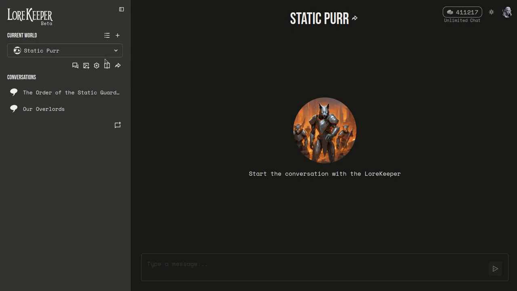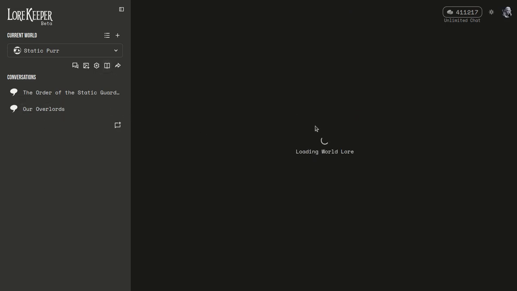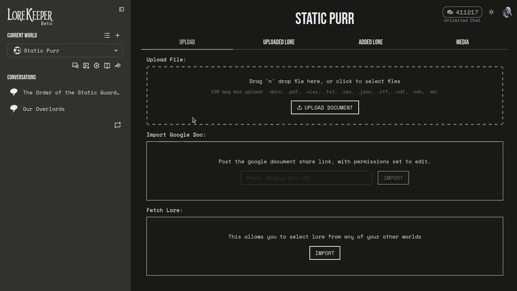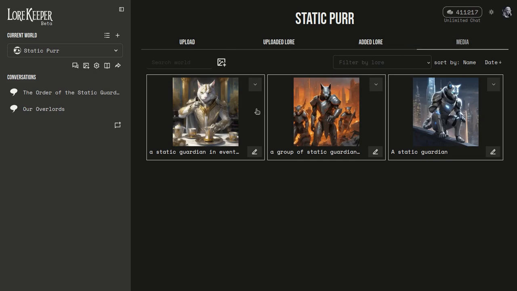Like I have this one world that I called static per, and I put together a couple quick images based off of some simple prompts, and there's a whole video about image generation, but basically the idea is a group of static guardians, a static guardian. So these are the actual prompts, and how does it know that it's like a cat thing and everything like